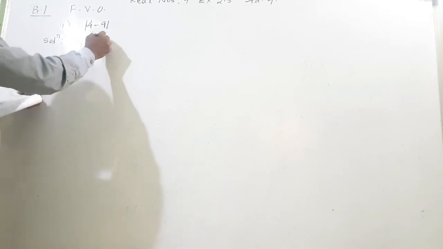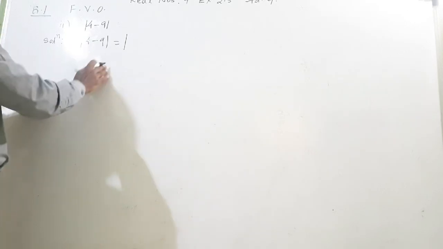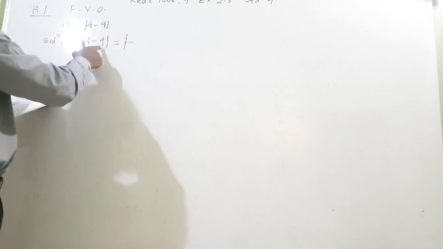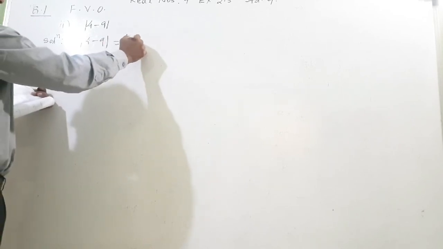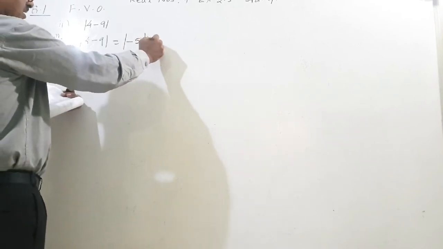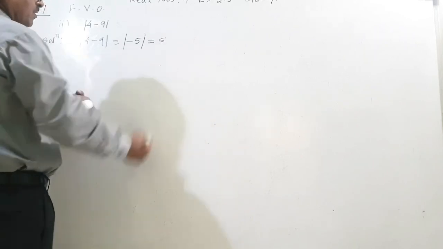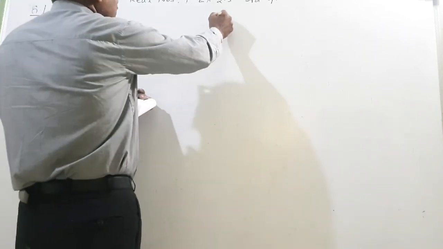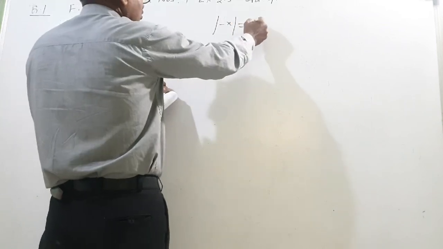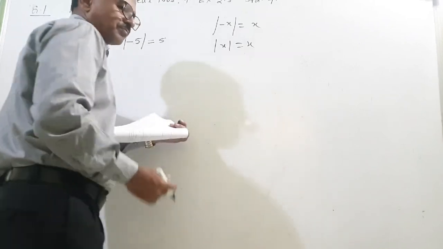Modulus of 4 minus 9 is equal to modulus of 4 minus 9. The bigger number is 9, its sign is minus. So 9 minus 4 will be 5, with the bigger number's sign. And that is equal to, if it is in the modulus, this negative will turn to positive. So what is modulus? If it is minus x, outside the modulus it will be x. If it is x, then it is x, no doubt.